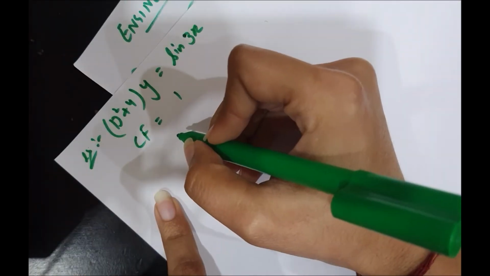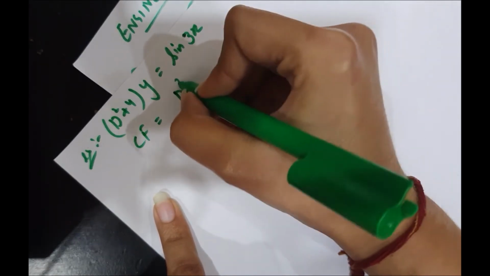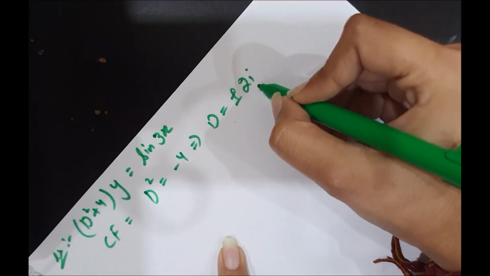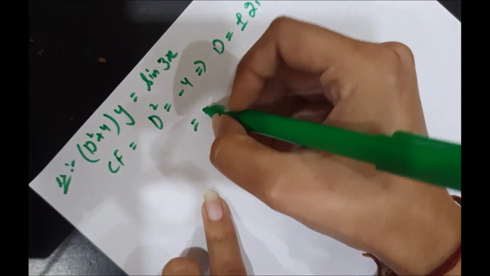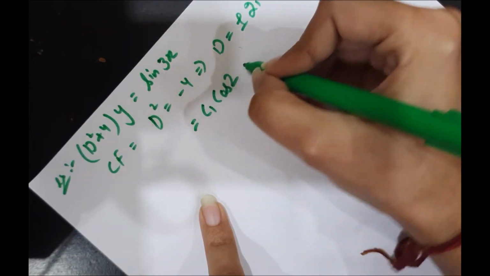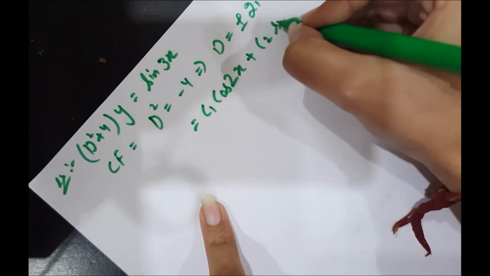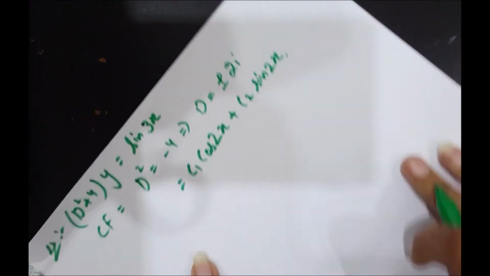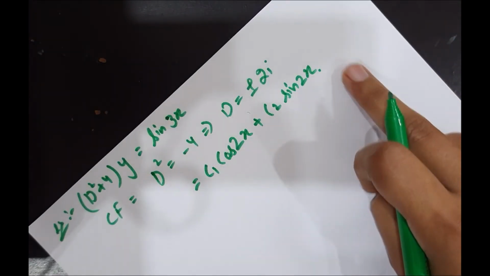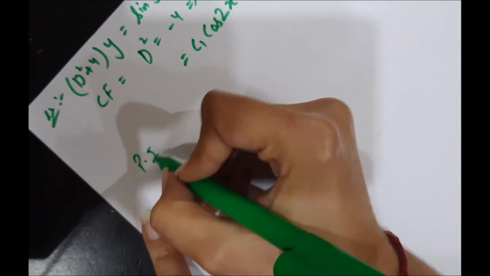Example. Firstly, see the complementary function. Its complementary function would be, here this is only imaginary part, no real part. So as I told you, it would be c1 cos 2x plus c2 sin 2x. If you don't know where it came from, then see my previous lecture. So its particular integral would be